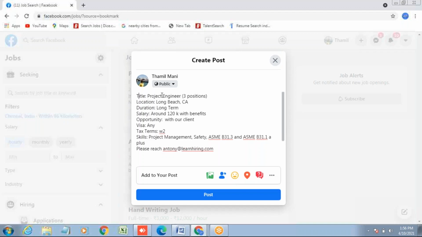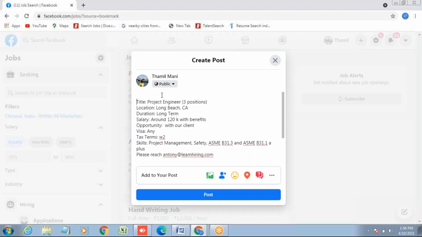Yeah, click that enter button there. Scroll up. Hi, we need 3 project engineers.